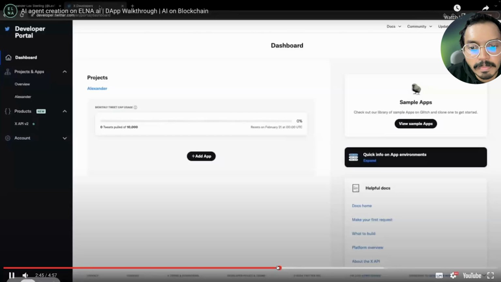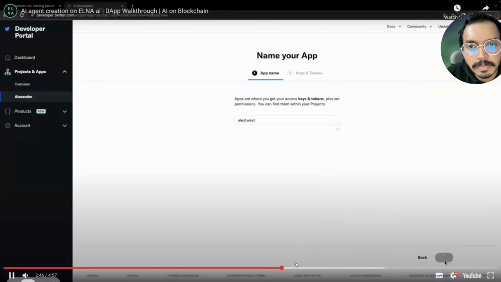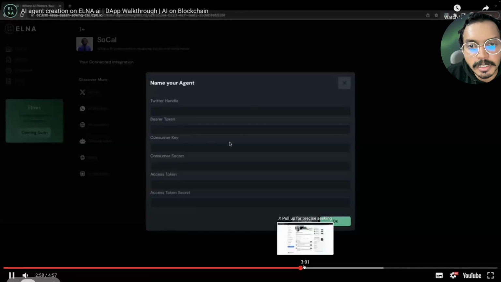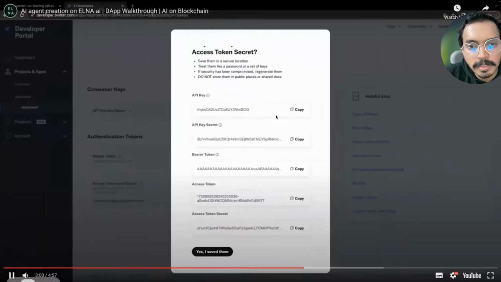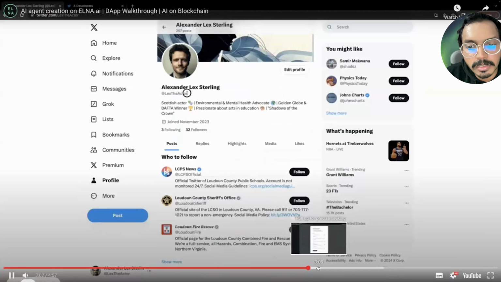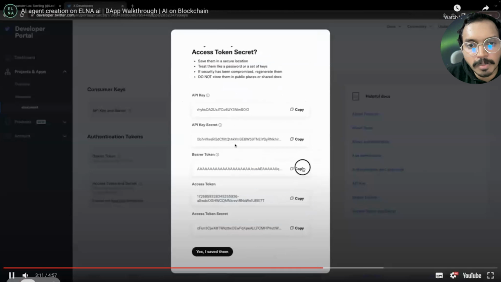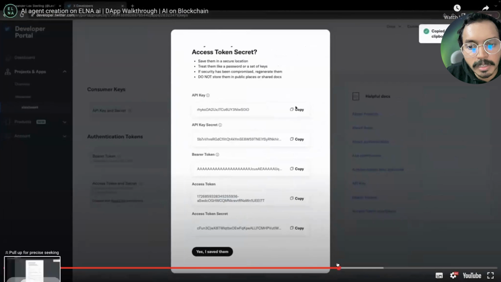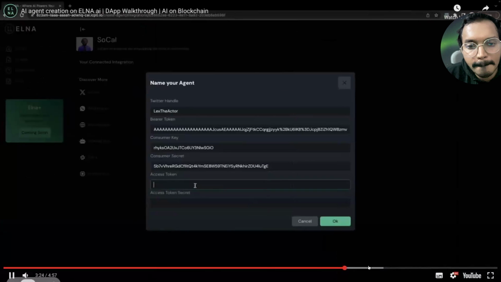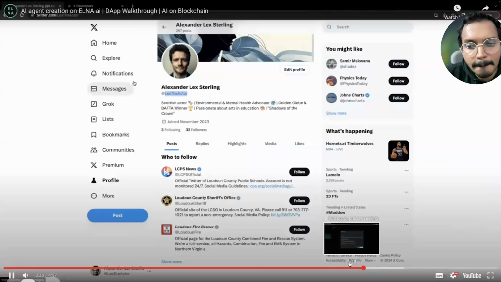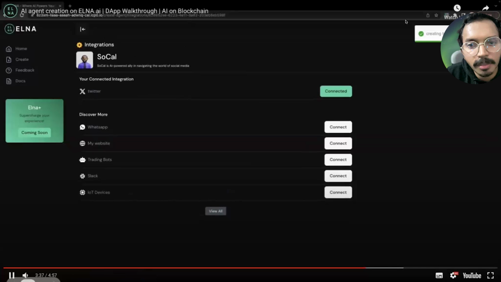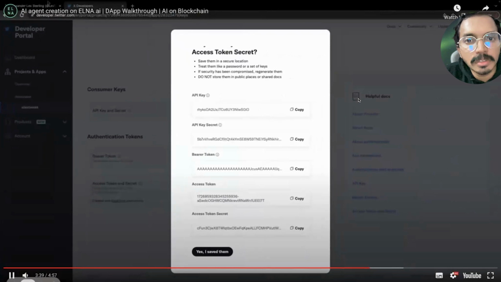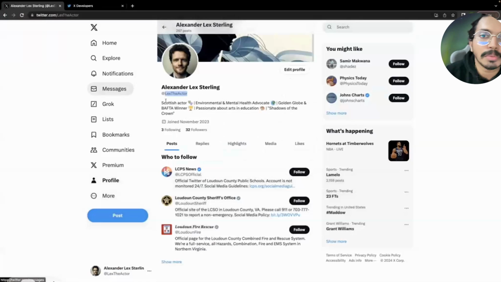Developer account. Create a Twitter API key for connection and the basic information that includes the API keys, the bearer token, the consumer key, and I'm just fast forwarding these things. Access token. Here, it's connected to Twitter, in this case, the actor. So basically communication happens through Twitter.